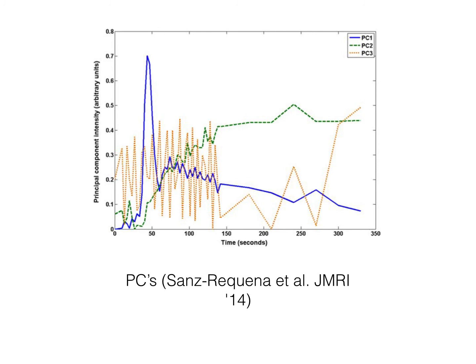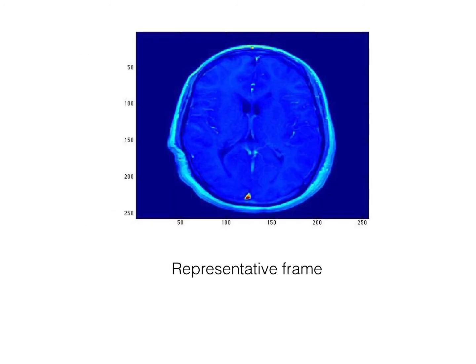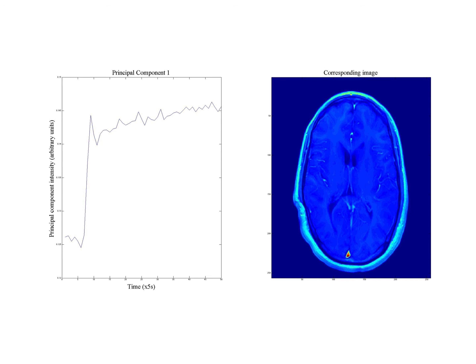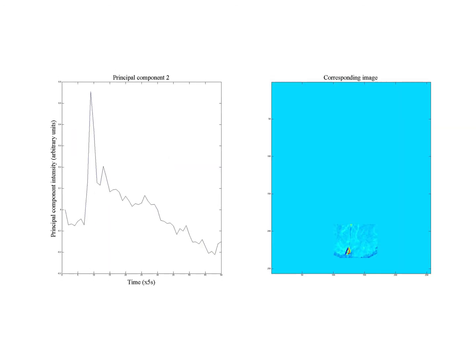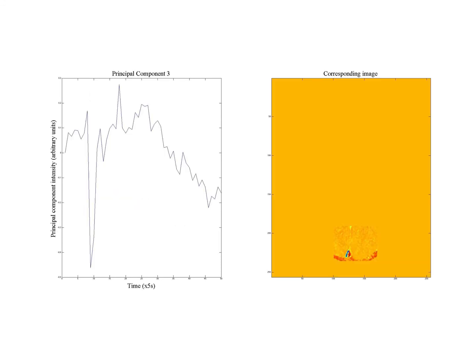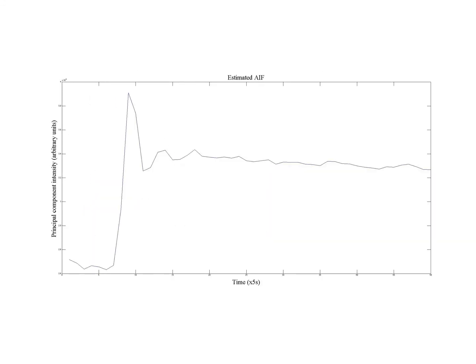So you can see the three principal components, and this is the input data that I have used. Okay, I'll skip these slides. Alright, so what I have done is I have used a region of interest and applied principal component analysis. As you can see, there are three principal components: PC1, PC2 and PC3. I've observed that PC2 gives me the highest correlation with the reference arterial input function, and I've used that to find the voxels which have the highest contribution from this principal component, and then averaged them over space and found their time intensity curves.